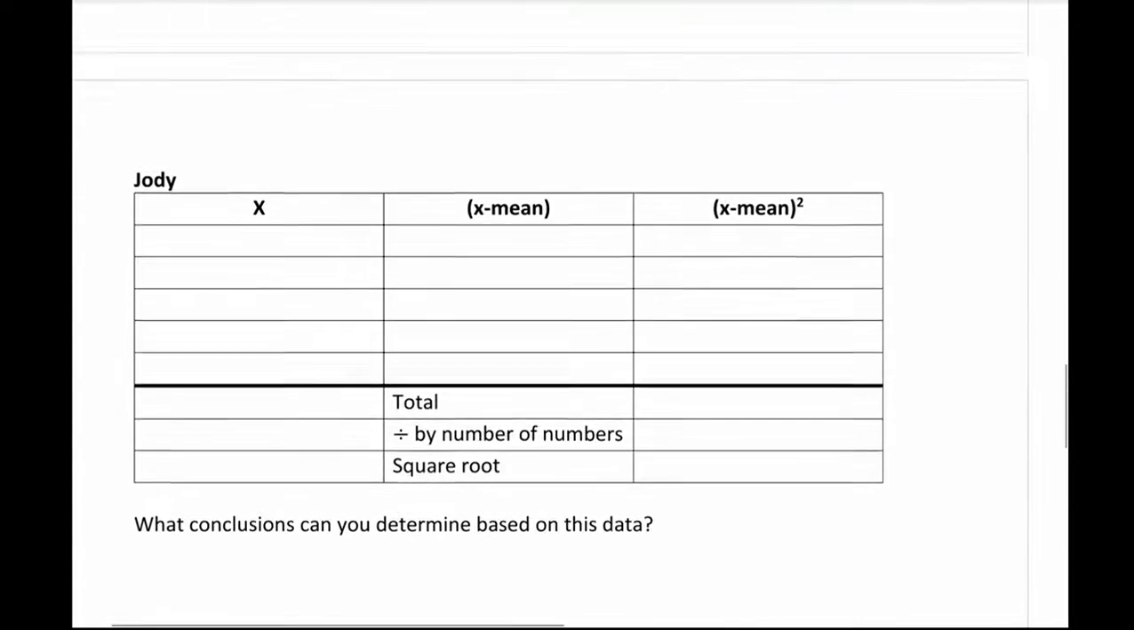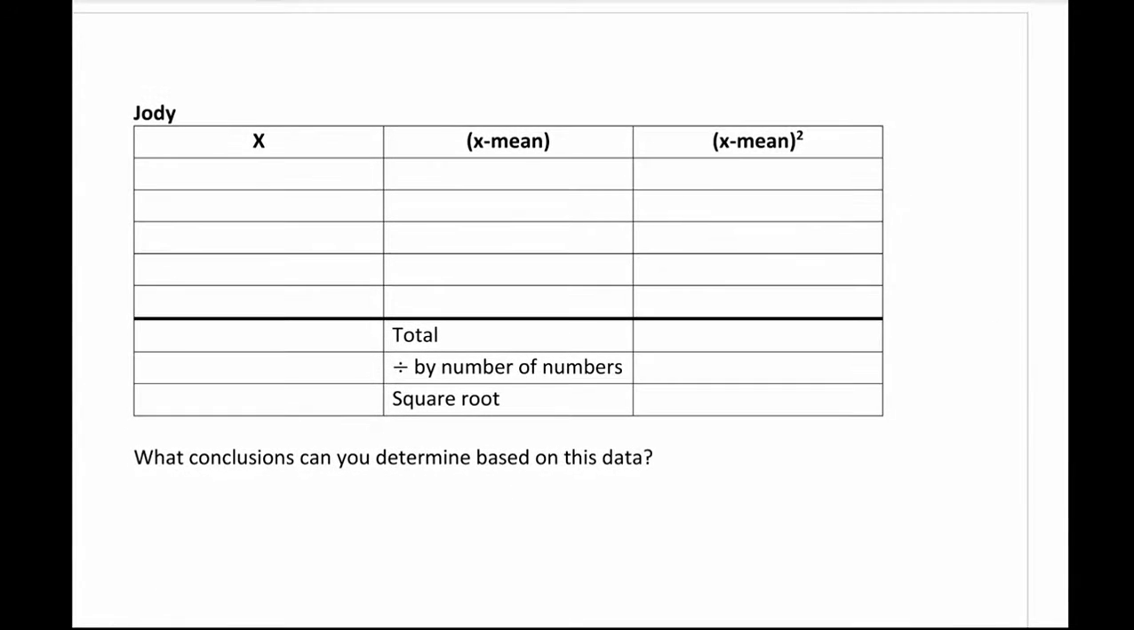What I want you to do in the next one on your own is to do the same thing, but find the standard deviation for Jody's numbers. And then you're going to go through the exact same steps. The x is the data value, so the marks. Do the x minus the mean. Again, the mean for Jody was the same. It was 70. Then square your answer, add them all up, divide by how many numbers you have, and then